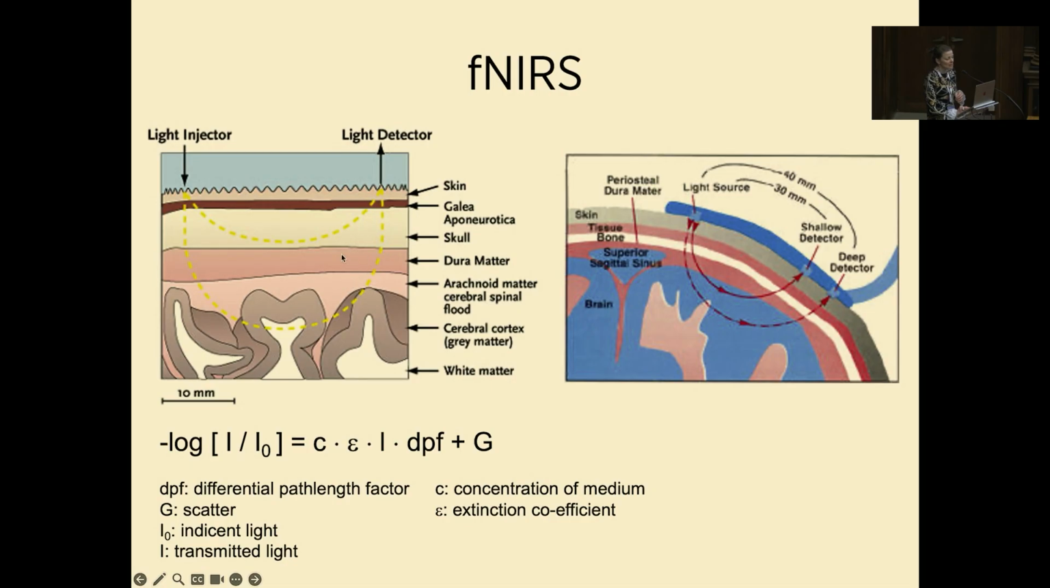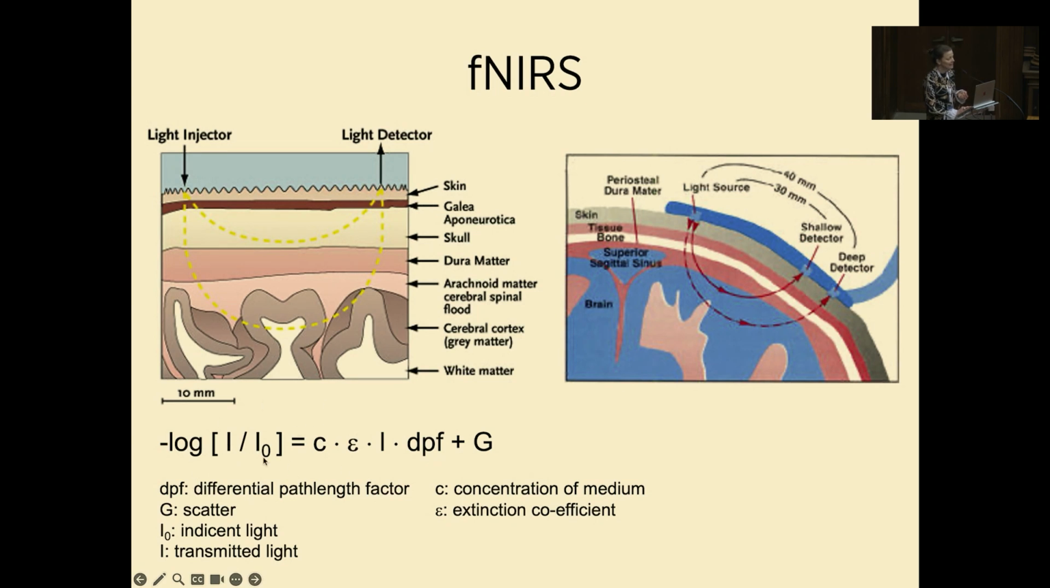It goes through this banana-shaped trajectory, and we measure the exiting light, the intensity of the exiting light a few centimeters away. And we get a measurement channel, so a near-infrared spectroscopy channel here. And of course, we can have multiple channels across the scalp surface. And we can measure,